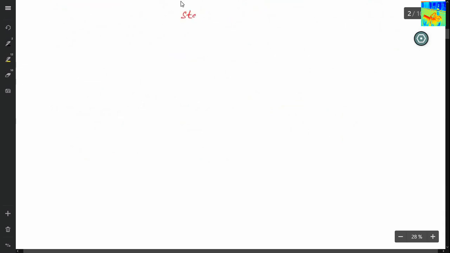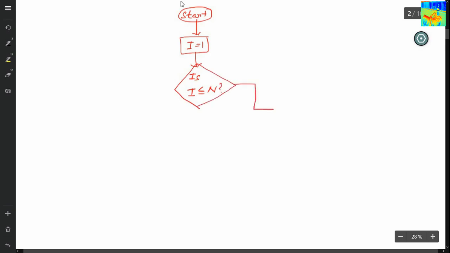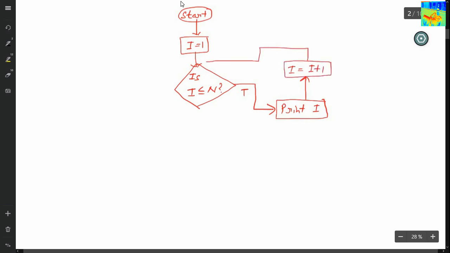So I will start my program. Then I will only take a single variable i, which is initialized to 1. Then I will let my loop run for n times, because we have to print n numbers. So this condition will be true initially. Then I will print i here instead of printing val, because i and val contain the same value. Then I will simply increment the value of i by 1, and then check the condition again. And similarly here I will have false and end.